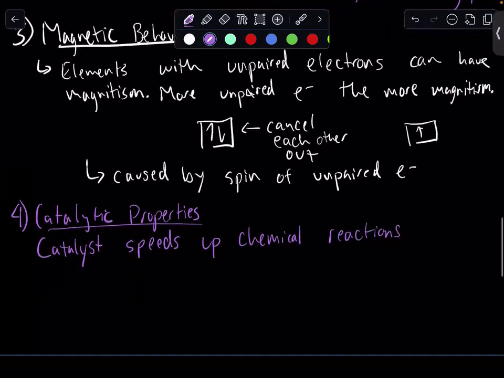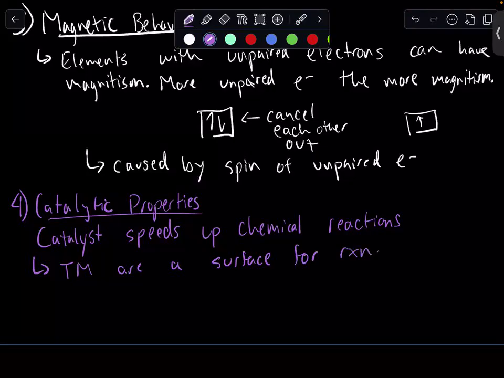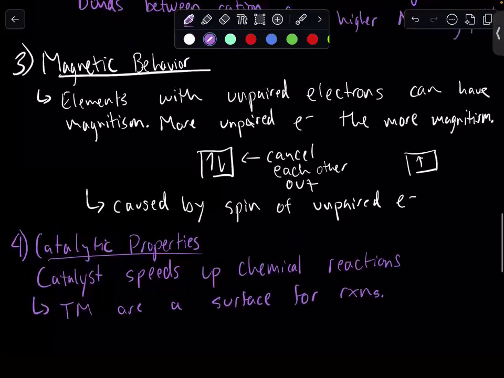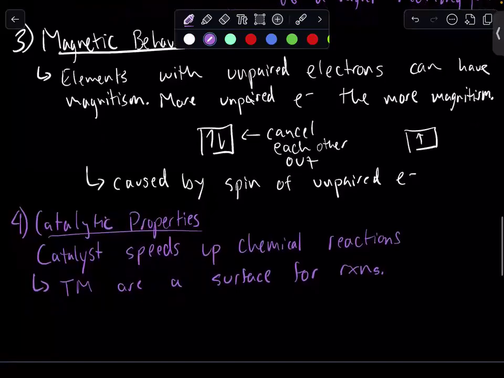And the reason transition metals do is transition metals are a surface for reactions. We discussed in a previous lesson that reactions are just movement of electrons, losing or gaining electrons, and due to variable oxidation states,